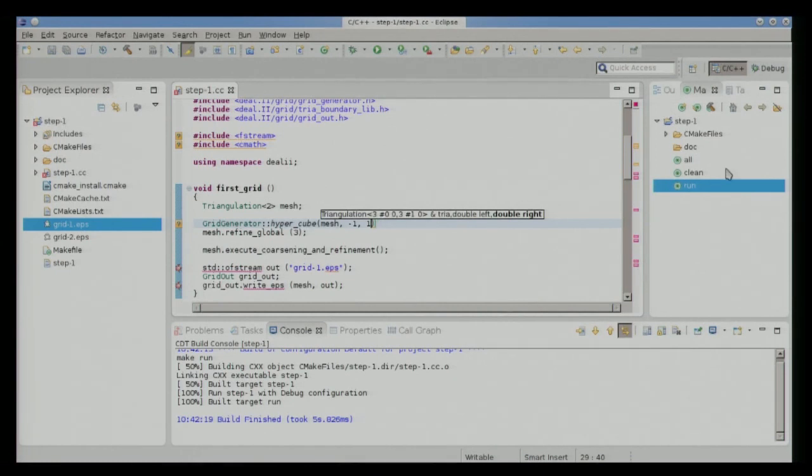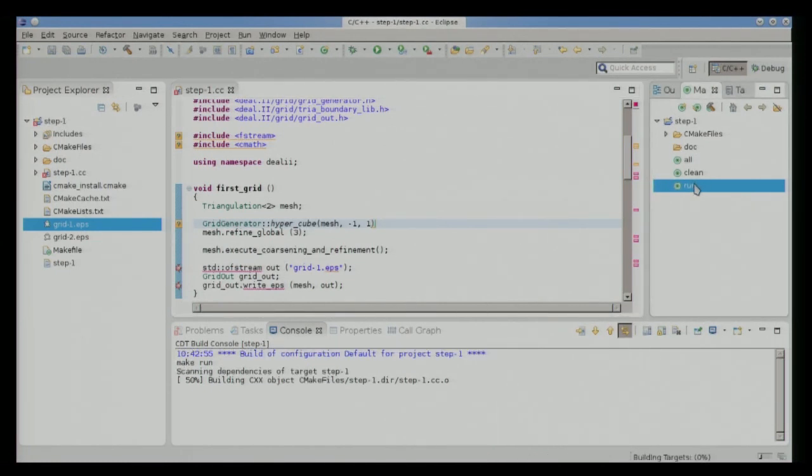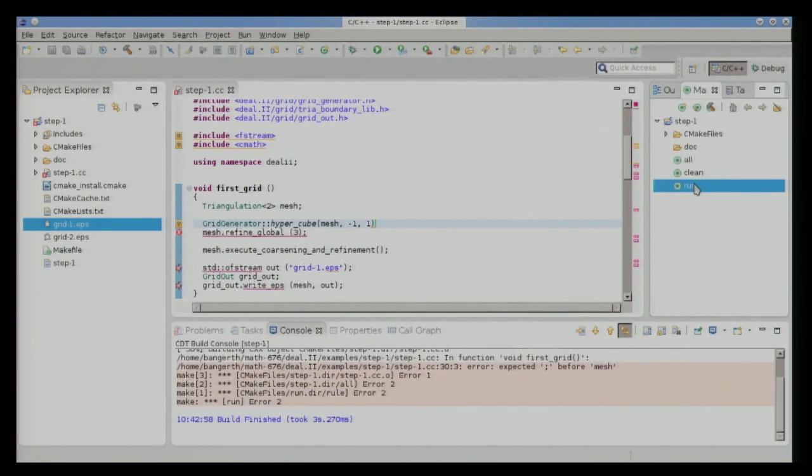So let me save this. Let me call make run again. So it's compiling the object file again. And it complains that there's an error now. So that was not the point in my lecture where I wanted to show this, but this is just as